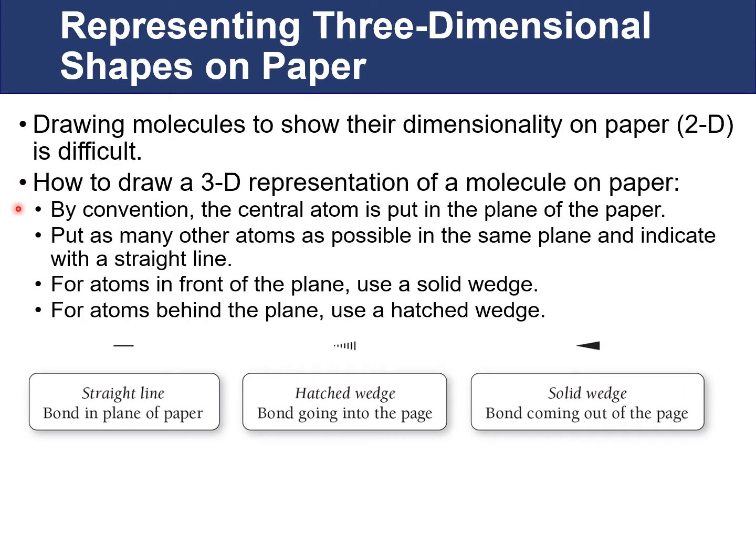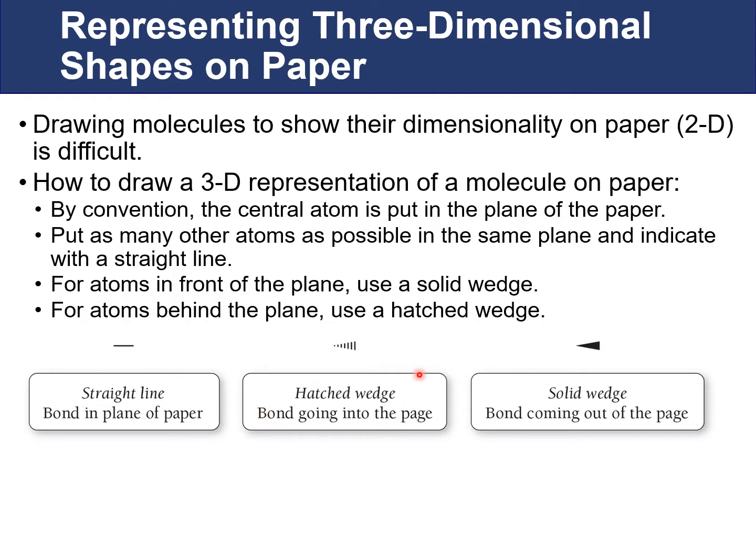By convention, the central atom is put in the plane of the paper. Then you will put as many atoms as possible on that same plane and indicate them with a straight line. So a straight line will indicate things that are lying on the paper. Atoms in front of the plane, or those that are coming out of the page, will be represented with a solid wedge, and atoms that are going into the page or are behind the plane will be represented with a